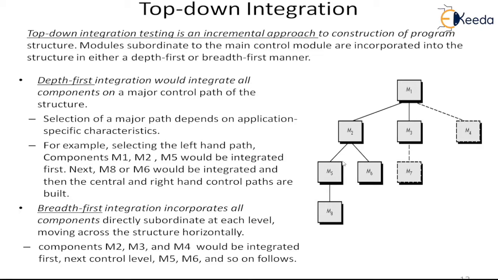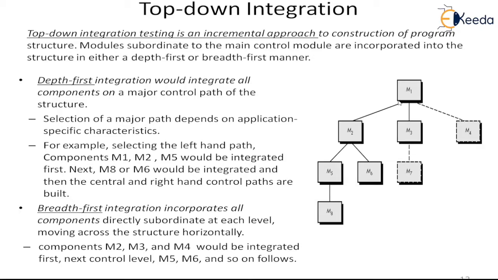Here there are two paths, so after this you have to go to M6 or M8. These are the considerations you will take. First you go to one path. When you exhaust one path, you go to the next path. That is explained in this text, and I am not going into detail because all of you computer science students know what breadth first and depth first are.